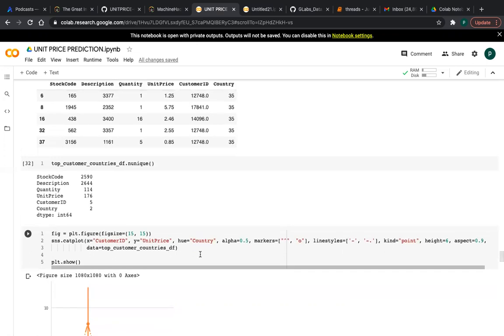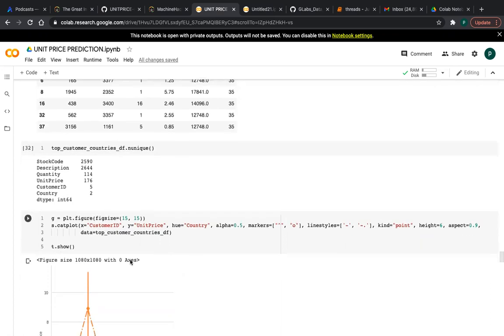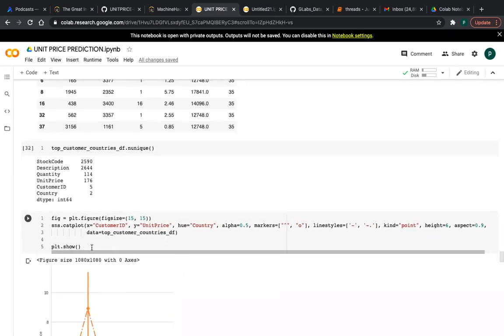This is the style of the plot: markers, line styles, kind, point plot, and height. These are the parameters, and we have to give the data parameter. For this I am giving this data frame, and after that you have to write plot dot show.